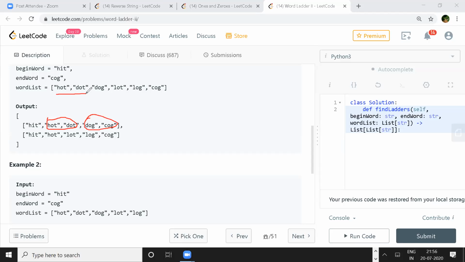Can you please suggest again why we are going for sorting? If we sort it, then we won't have to find the next iteration. We won't have to go through the whole list again. We are sorting on the basis that hot and dot are fine, they belong next to each other. Dog also belongs next to dot, but lot doesn't belong next to dog. So we move lot beside cog or something.